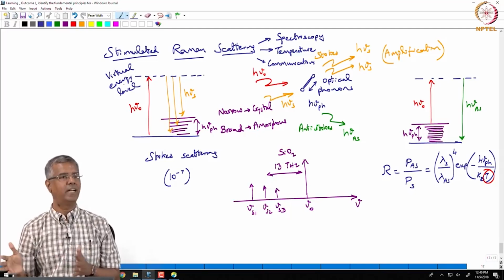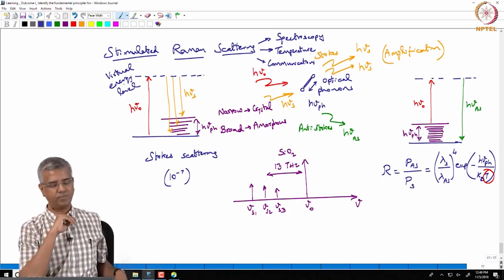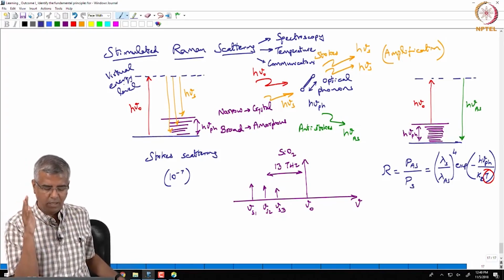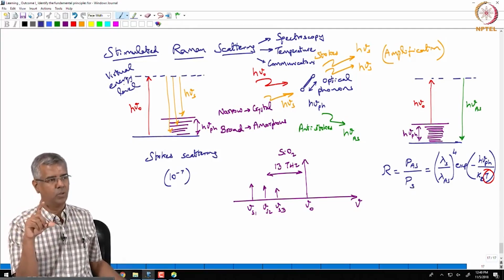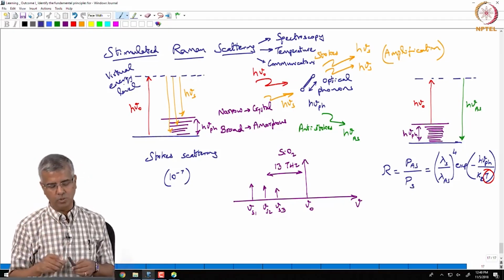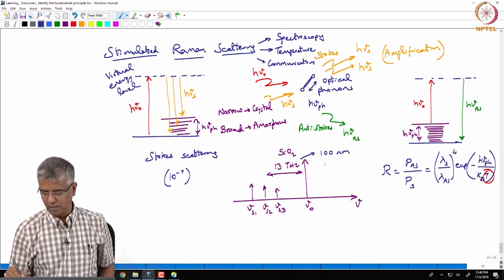I said 100 nanometer shift we have, right? So this is actually lower frequency. 13 terahertz is lower frequency compared to the incident frequency, or in terms of wavelength, it corresponds to 100 nanometers. So this corresponds to 100 nanometers in wavelength,